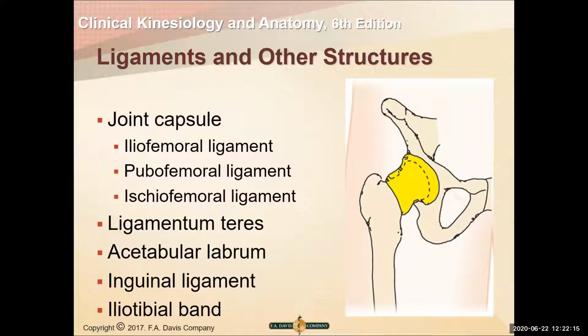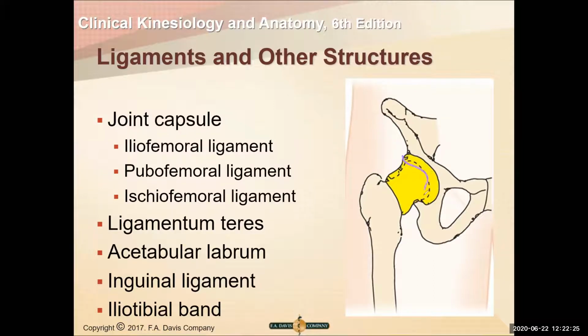You have the acetabular labrum. This is probably one of the big things that gets injured a lot, especially in athletes, right? So you can kind of see a little bit of the acetabular labrum here. It would be this structure on the outside of that labrum. It serves 2 purposes. Number 1, it deepens the socket of the acetabulum, right? And the deeper the socket is, the better that femur is going to sit in there, the better it's going to hold in place. The other thing it does is because it does have a little bit of a wrapping